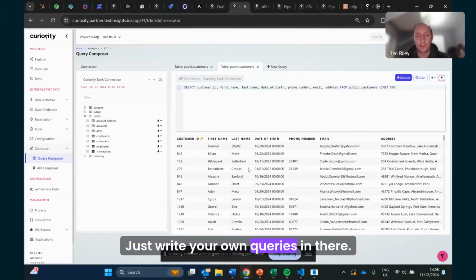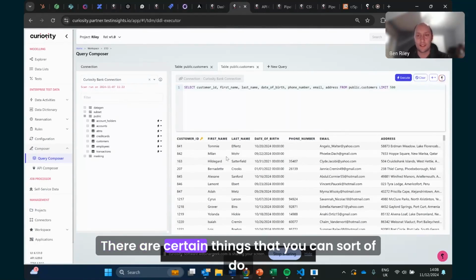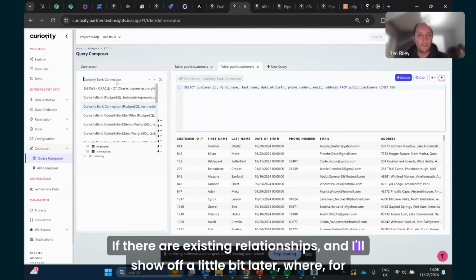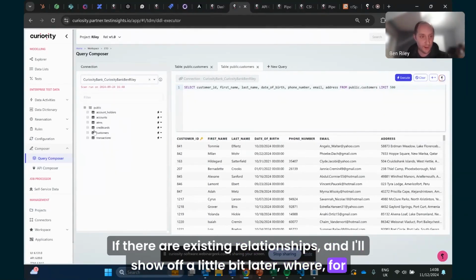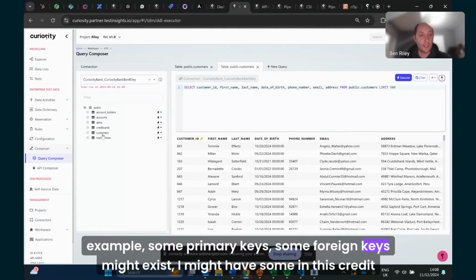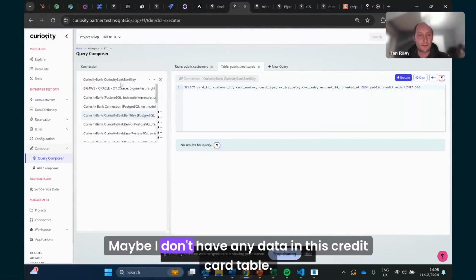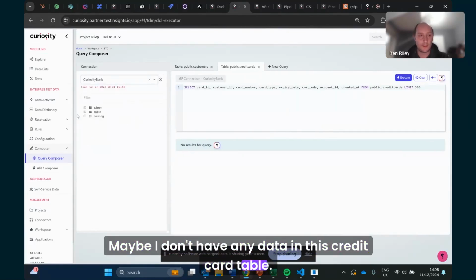Just write your own queries in there. There are certain things that you can do if there are existing relationships, and I'll show off a little bit later, where, for example, some primary keys and foreign keys might exist. I might have some in this credit card table. Maybe I don't have any data in this credit card table. Let's try one more time.